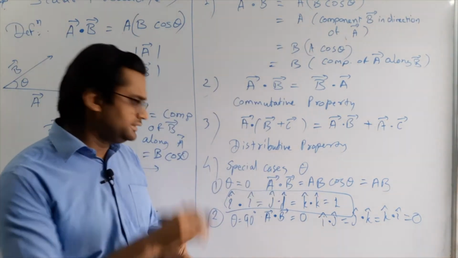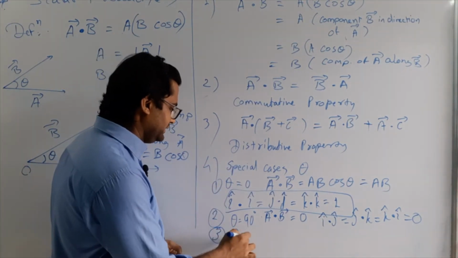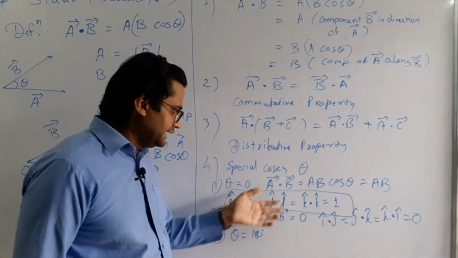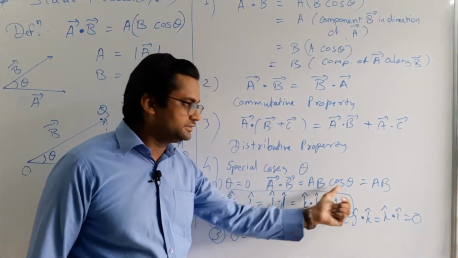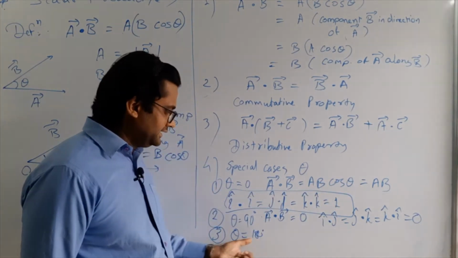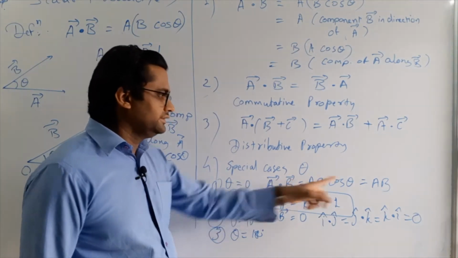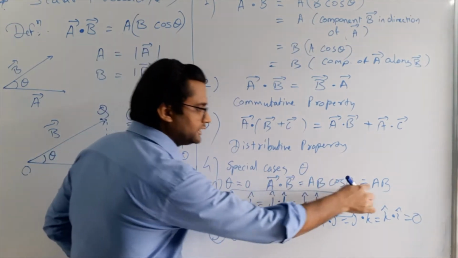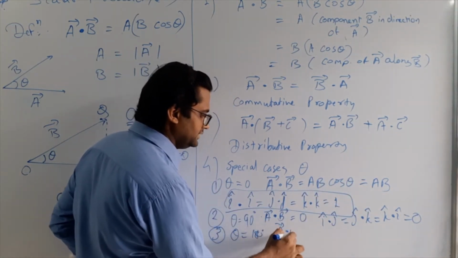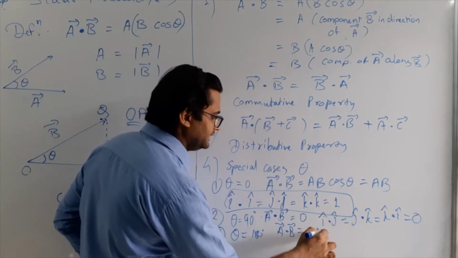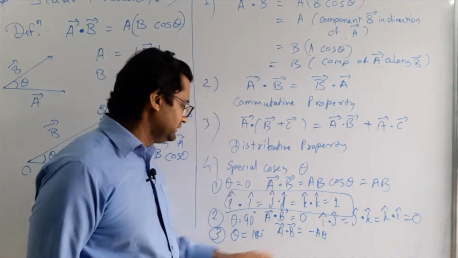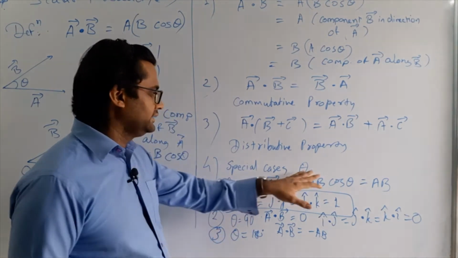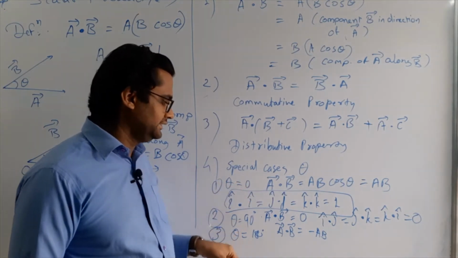Okay, and now there is one more possibility, the last possibility. If theta is 180 degrees, other than these special angles, if the angles are different, then you will get some value of this dot product. If theta is 180, we know that cos 0 is 1 and cos 180 is minus 1. So in that case, this dot product will have a minus sign. So a bar dot b bar will be minus ab. It will have only a minus sign in its answer. So this is how the special cases work. We have taken 3 special cases where theta is 0, theta is 90 and theta is 180.